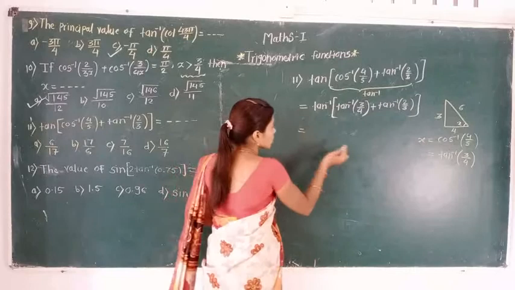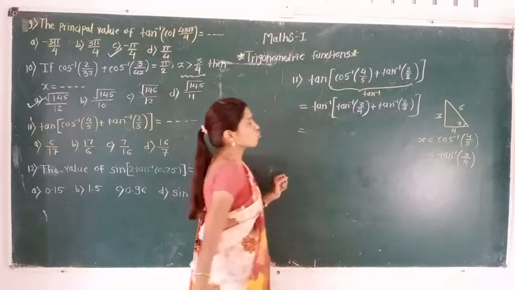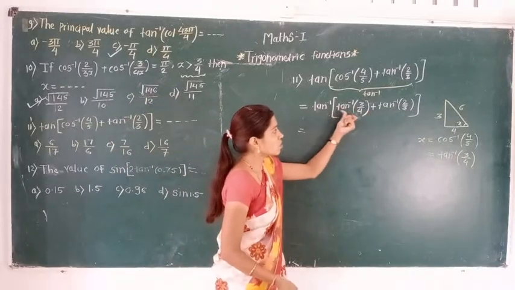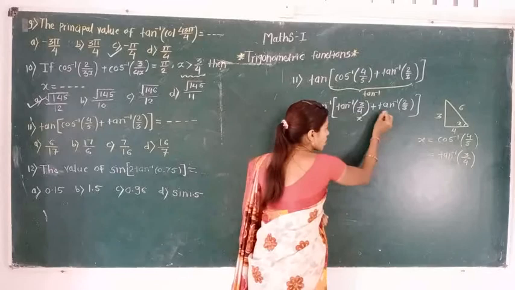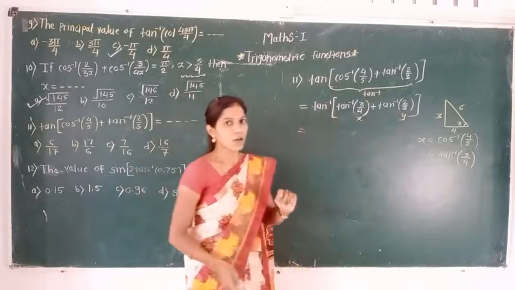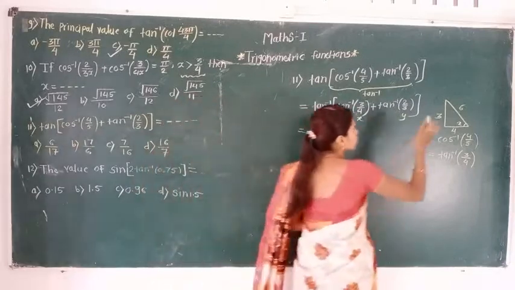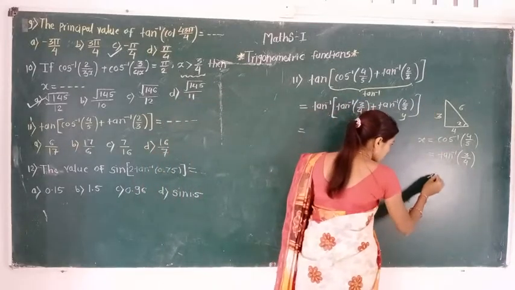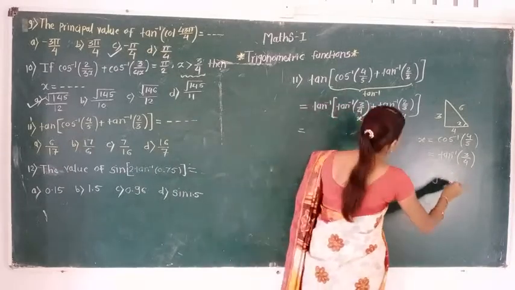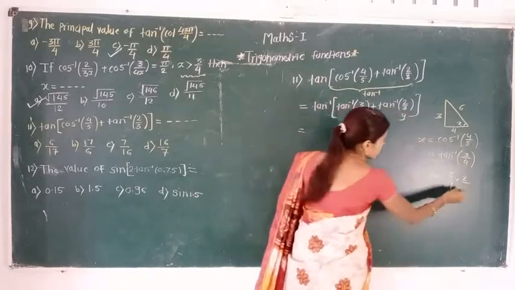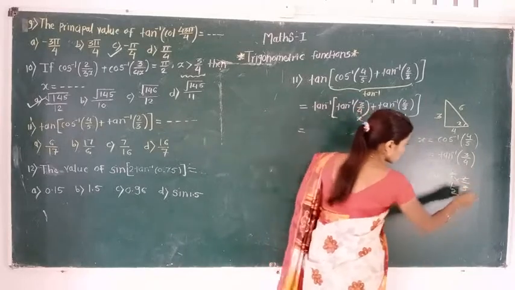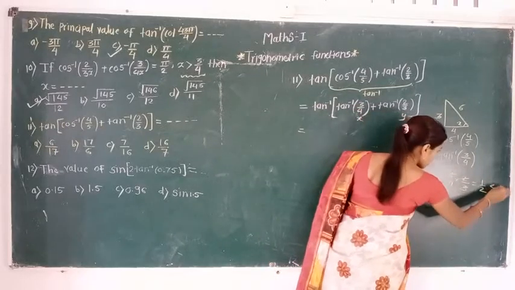So for transforming the sum of these two functions into a single tan, use the property of tan inverse x plus tan inverse y. In that case, both x and y are positive, and the product of xy: the value of x is 3 by 4, the value of y is 2 by 3, and in that case the 3 terms will get cancelled, 2 2s are 4, we get the value half, and half is less than 1.